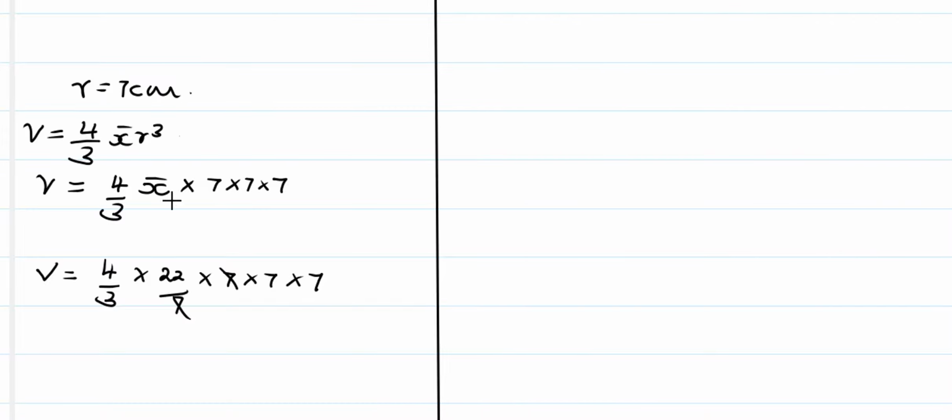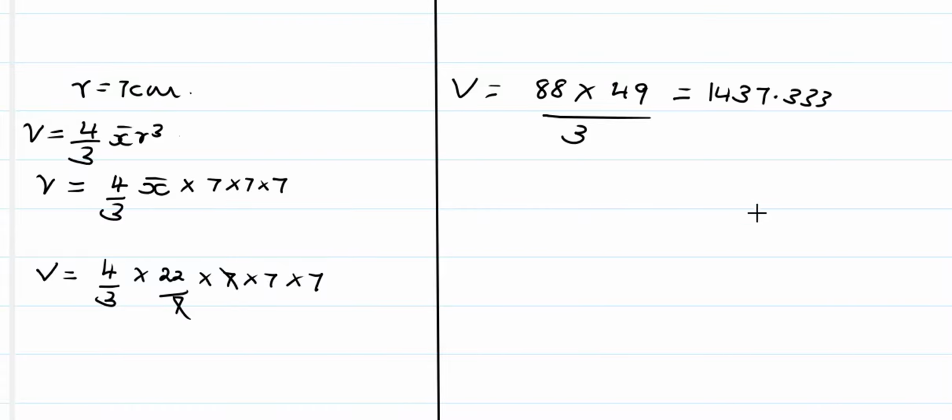So it becomes 4 multiplied by 22, which is 88, then multiplied by 7 multiplied by 7, which becomes 49. Then we divide by this 3 here. So it becomes 88 multiplied by 49 divided by 3, which becomes